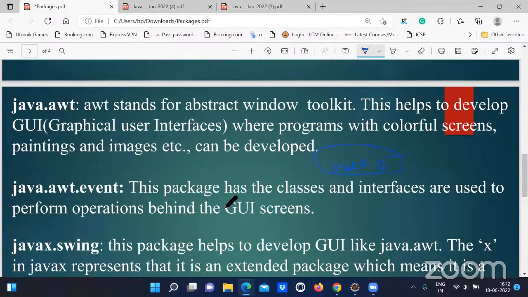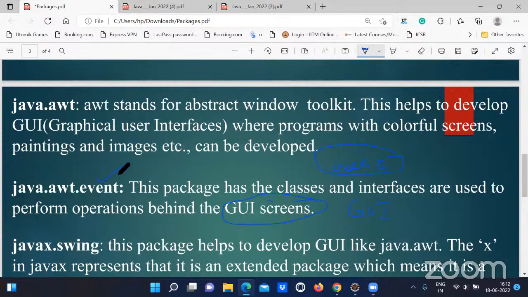Actually AWT and Swing are used to develop GUI screens. Here event is a special package. AWT and Swing both are used to create the GUI screens, but if you want to perform operations behind the GUI screens,